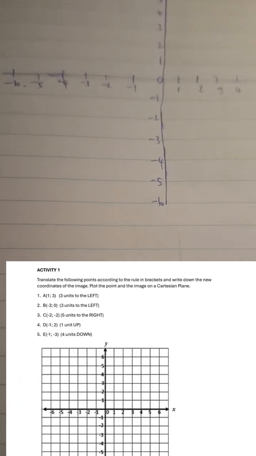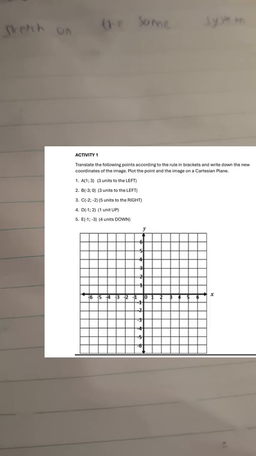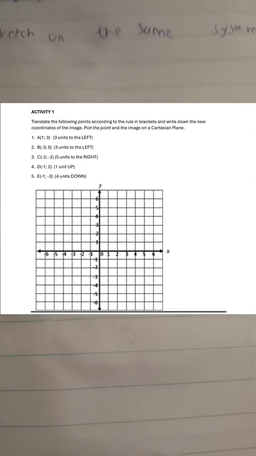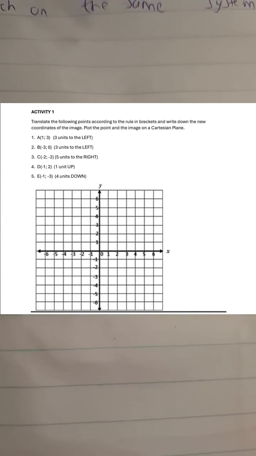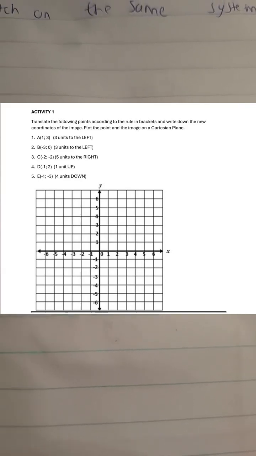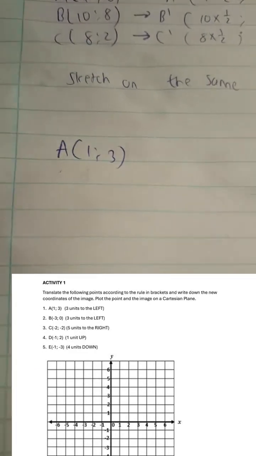Okay, so I'm just gonna move this a little bit. So let's check this out. Okay, so in the document it says we need to translate the following points according to the rule in brackets and write down the new coordinates of the image. Plot the point and the image on a Cartesian plane. So first and foremost, if we write down the point, A (1, 3), and we all agree that it's 3 units